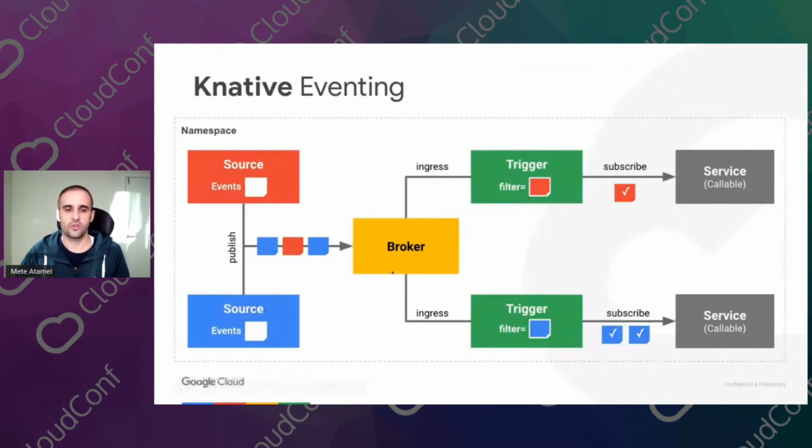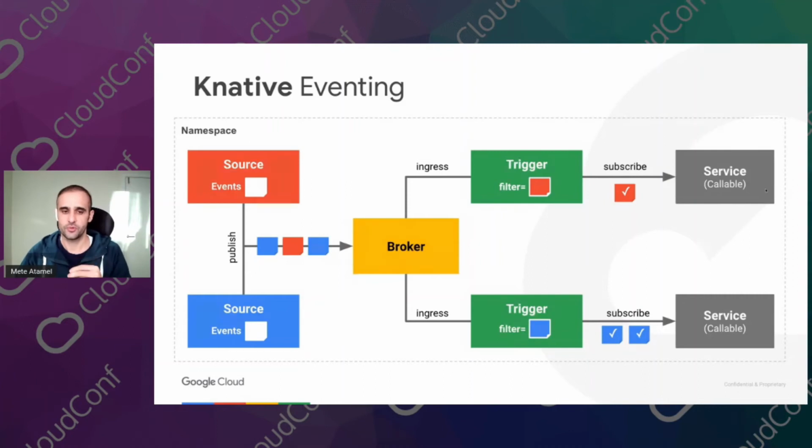So you inject a broker into the namespace, then the broker receives these events that are converted into Cloud events. Then you want to send those messages to different Knative services, and you do that through triggers. So in these triggers, you do two things. First, you connect your